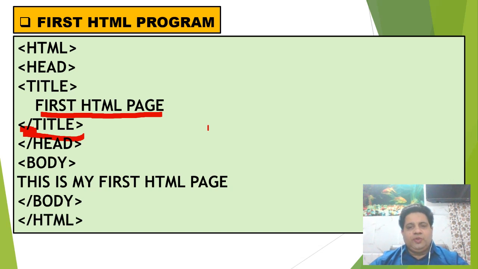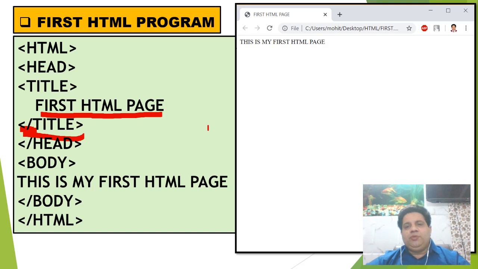Now when you run this program, you will get this type of output. See, as you can see, this is the title bar of the web page. This is the title of the tab that is opened in the web browser, my default web browser is Google Chrome. So first HTML page is displaying here.